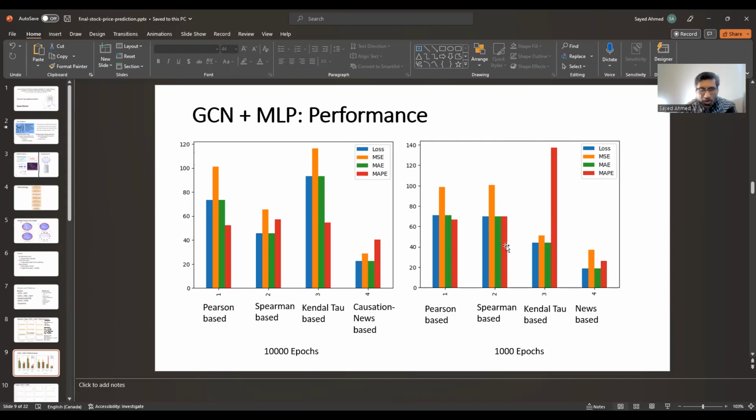Okay, only Spearman performed worse at 1,000 epochs, otherwise it performed better. And MAPE, I think it probably needs to be seen in context. On its own, it is not seriously important.